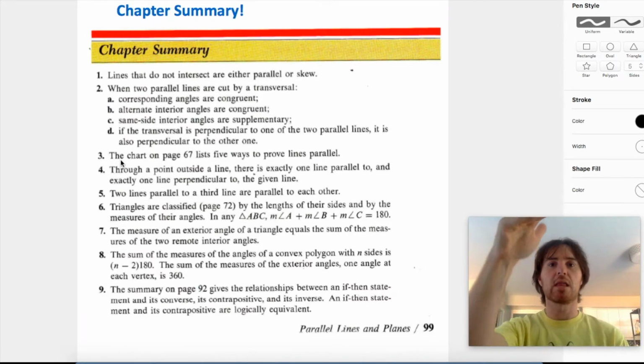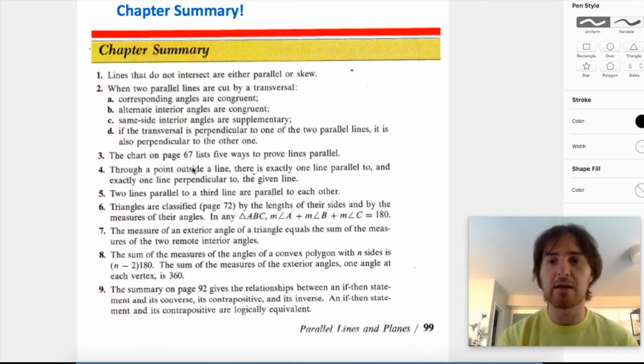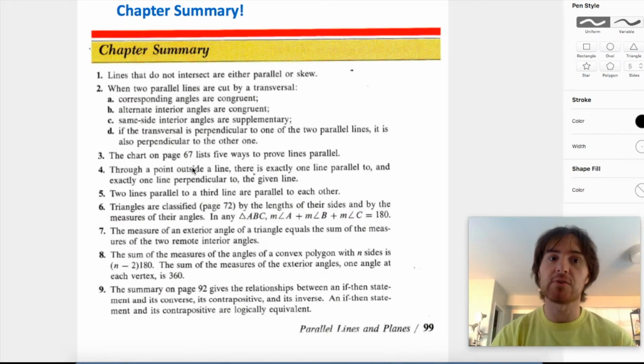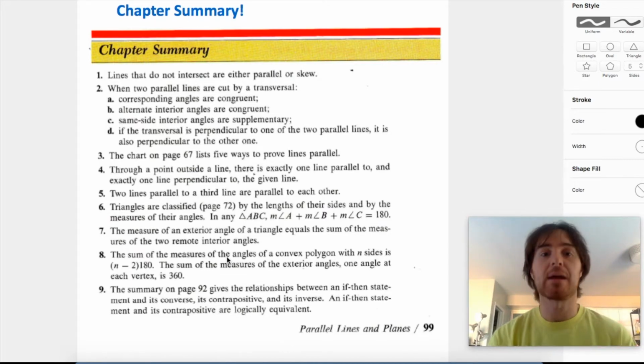Yes, I know what parallel lines are. I know what skew lines are. I know what alternate interior angles and corresponding angles are. I know what happens when parallel lines get cut by a transversal, okay? So just read through all this. I'm not going to go through all of this with you because all of this should seem pretty obvious by now. If you've been doing the homeworks, if you've been reviewing in class, all of this should be kind of